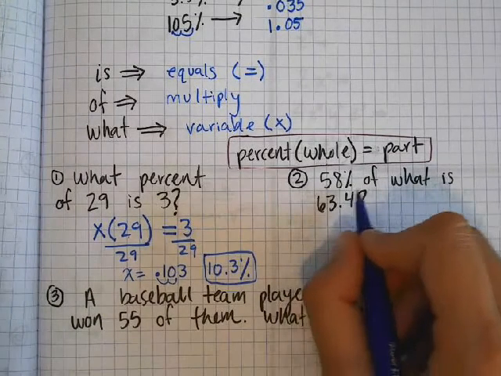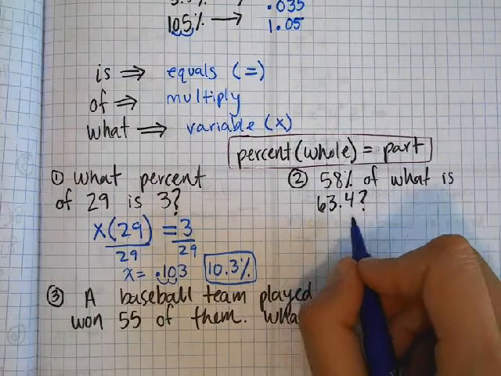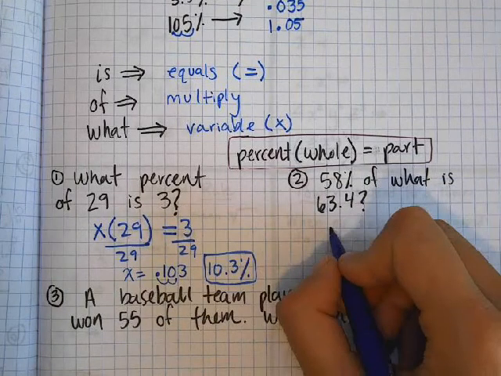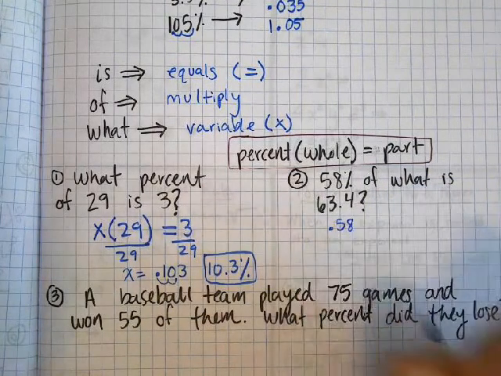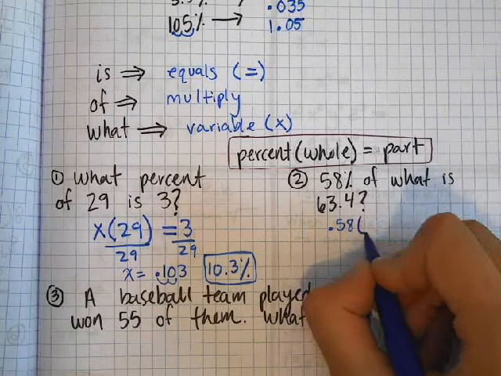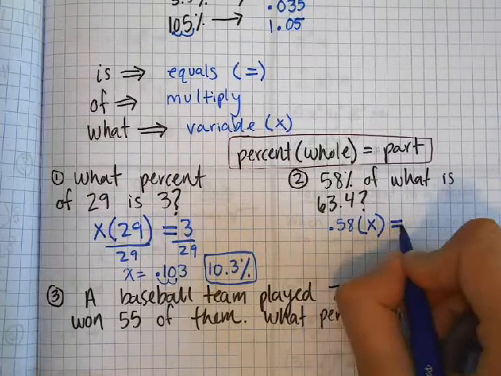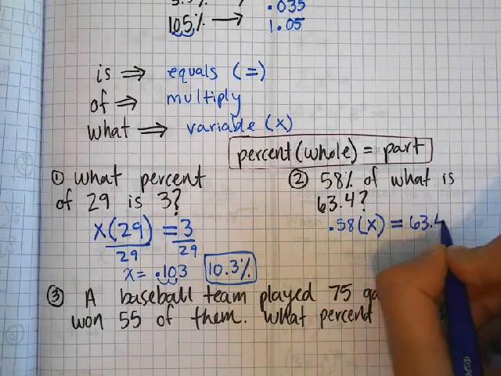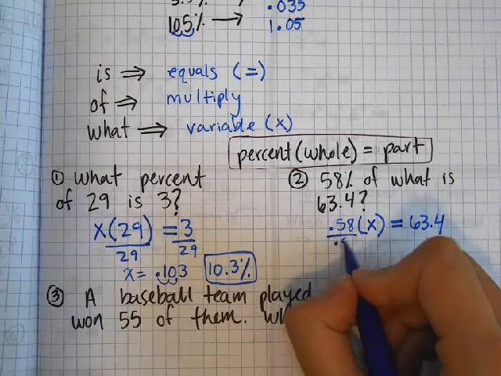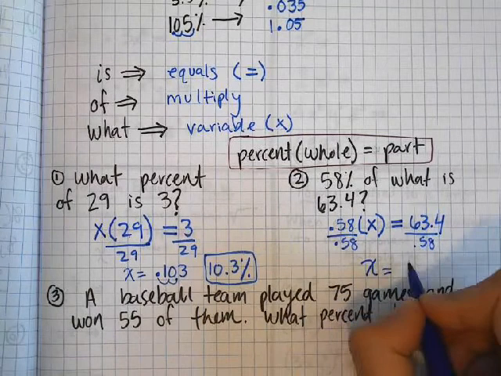All right, the next one. 58% of what is 63.4? Well, first, change this 58% to a decimal. So that'd be 0.58. Okay, so that's my percent. Of what? So "of x" times x, "is" equals 63.4. All right, and when I divide by 0.58, I get x equals